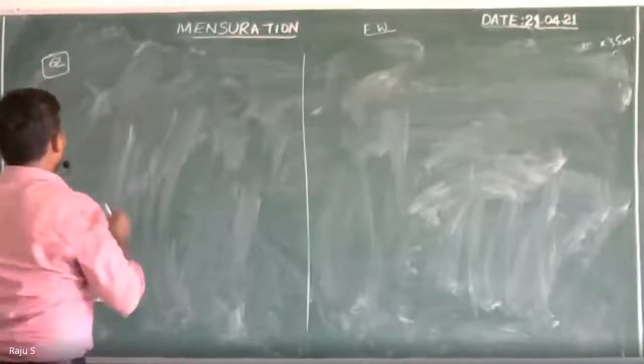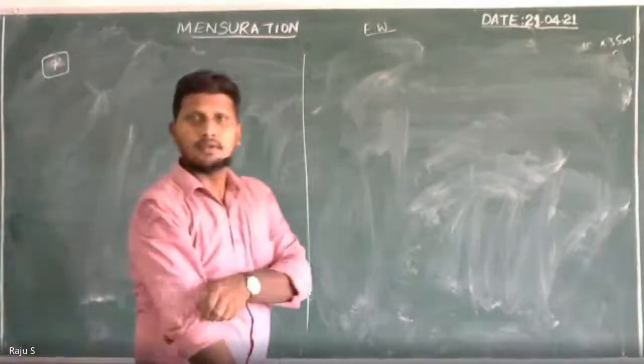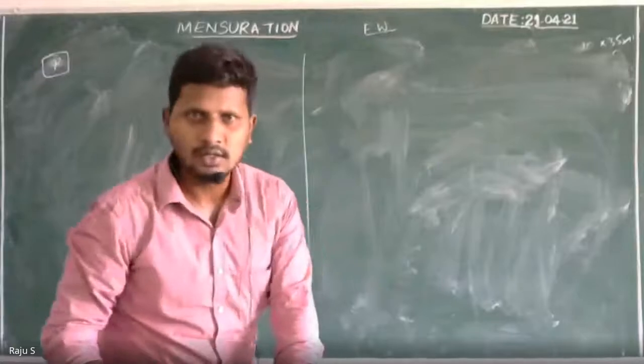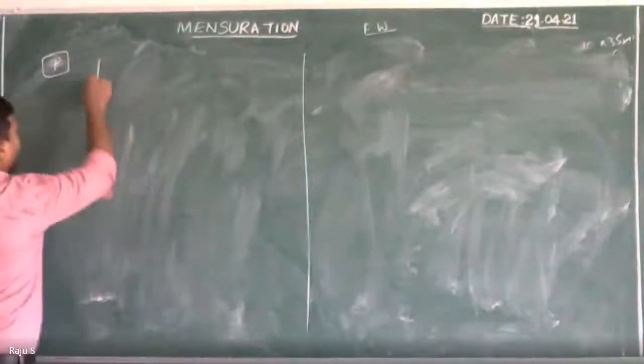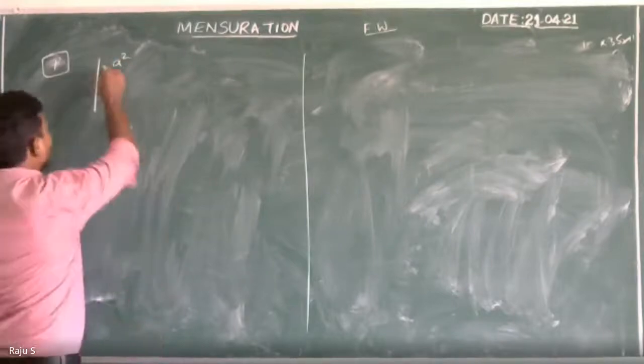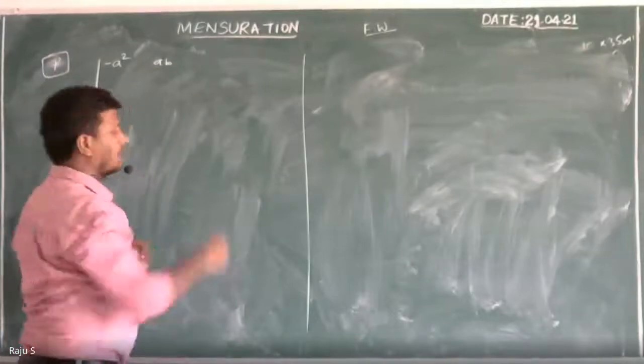Okay, students, what is question number 7? By using the properties of determinants, show that the determinant with first row minus a square, ab, ac,